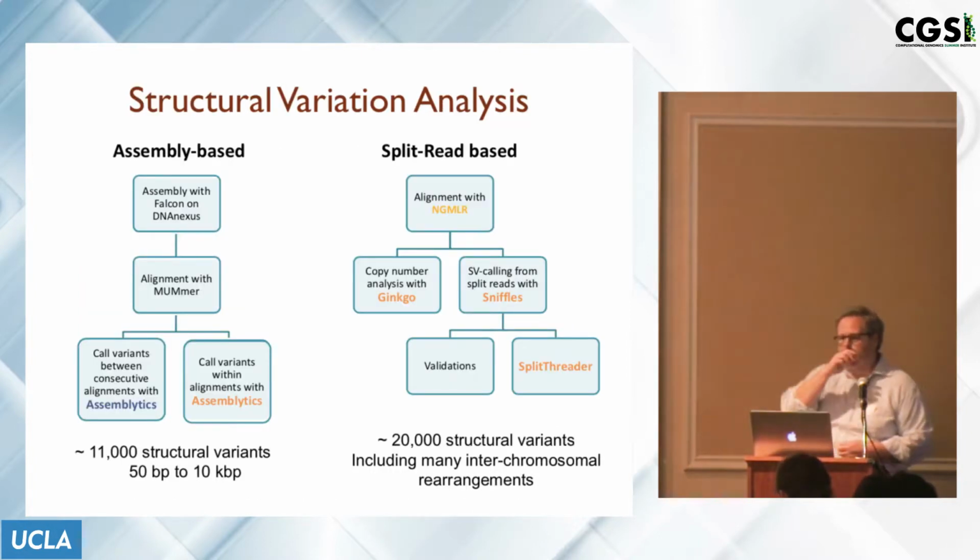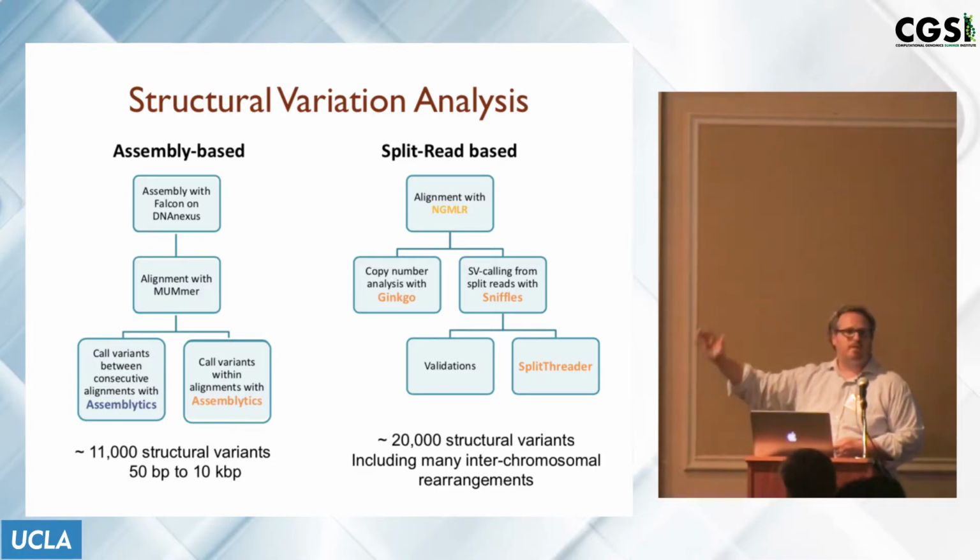Based on all the great stuff we heard this morning, we were really interested in structural variations in this cancer genome. We used both an assembly-based approach where we assemble with Falcon. We align those contigs to the reference. We carefully look at the breakpoints in that way. From that, we can detect about 11,000 structural variations. We also did a split read approach where we align the reads with our new aligner NGMLR. We scan through those alignments using a tool called Sniffles, and there we could find about 20,000 structural